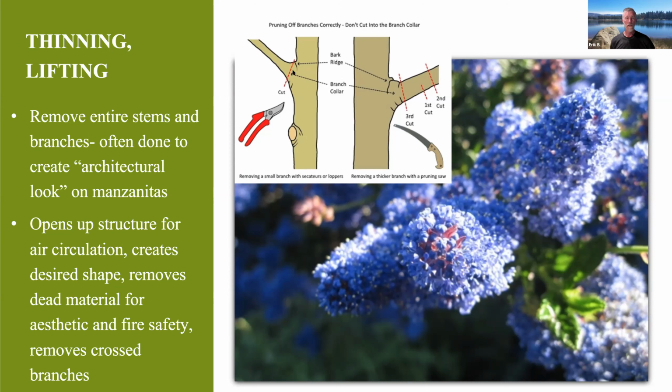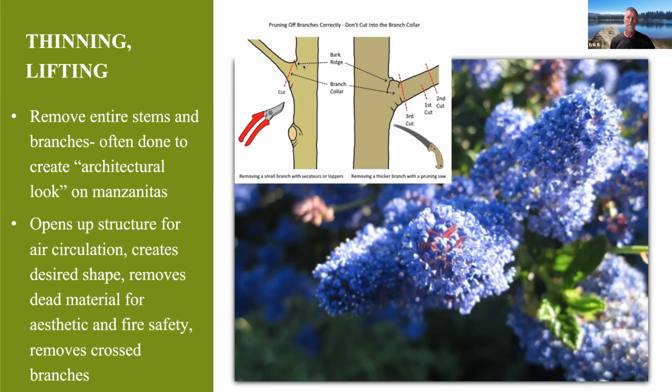So cutting smaller branches, you can cut those pretty close. Here's the branch collar, and that's less of an issue on smaller branches. You can cut those very close. You can see this one here next to the trunk. But when you're cutting a larger branch, and you can see this branch collar here,